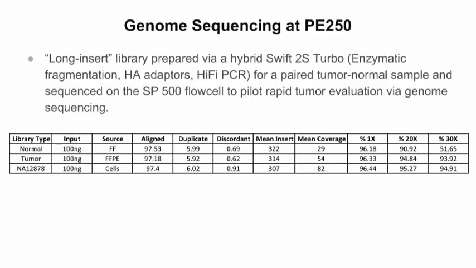And if I go to the punchline, again we kept the insert sizes relatively short, here in the 300 base pair range, for a normal and tumor, and this was fresh frozen, this was FFPE, and of course this was cells out of a cell line, so it was control. And then we looked at the mean coverages and some of the usual coverage statistics, and this was, again, intentionally overlapping. And so in the FFPE samples, you can pretty accurately quantitate that rate of sequencing-based or artifactual errors in the